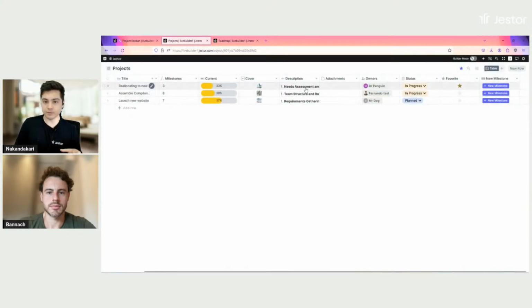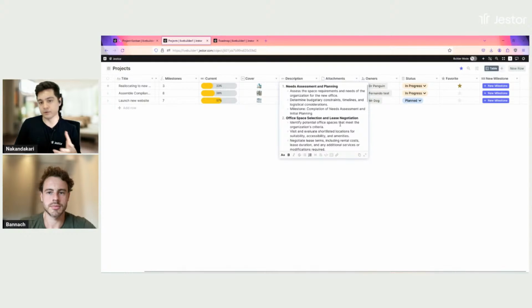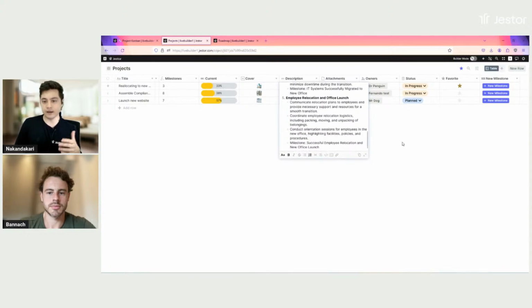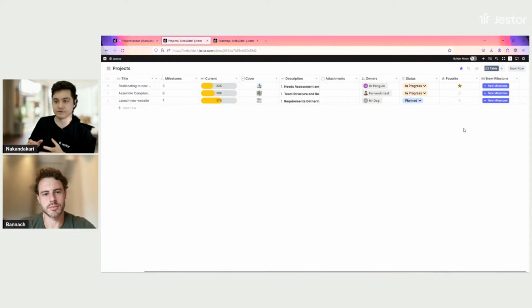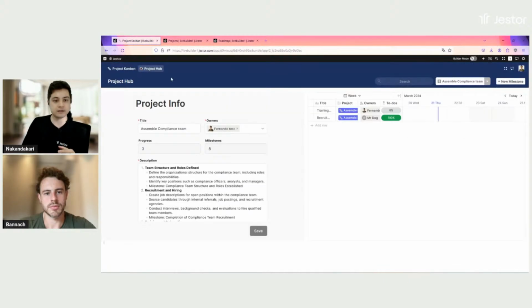You can have a description in a rich text field, so you can see everything regarding that project. It's the scope of the project, the briefing. You have a files field for attachments. You have owners for that specific project, and you have a status. Also, you can set that project as a favorite or not, and you can see here that